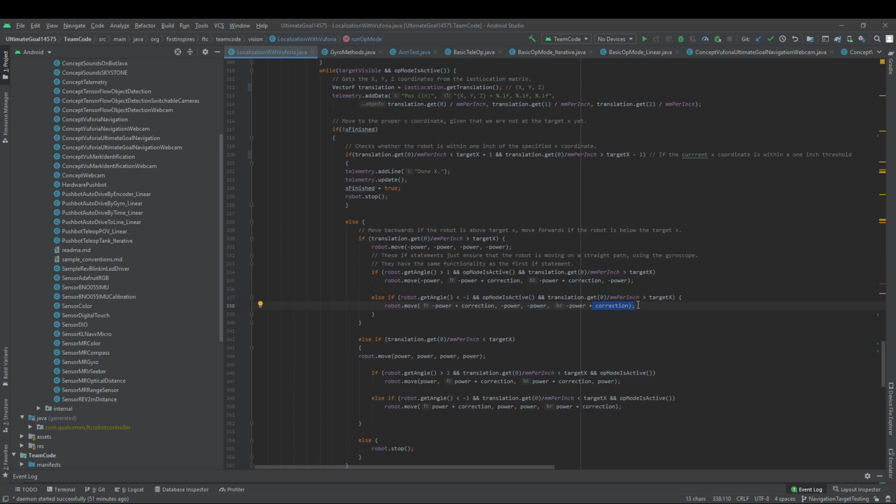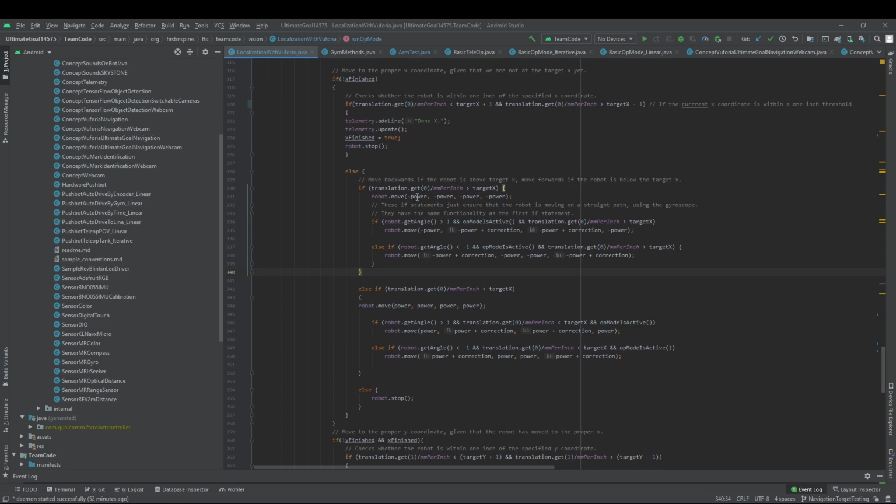I'd say this sort of process here was determined experimentally for our robot, but basically we're correcting the powers so the robot leans slightly towards the left or right depending on the angle to try and straighten it out. So that's what happens if the robot's above the target x, and if it's below the target x, then we're going to want to